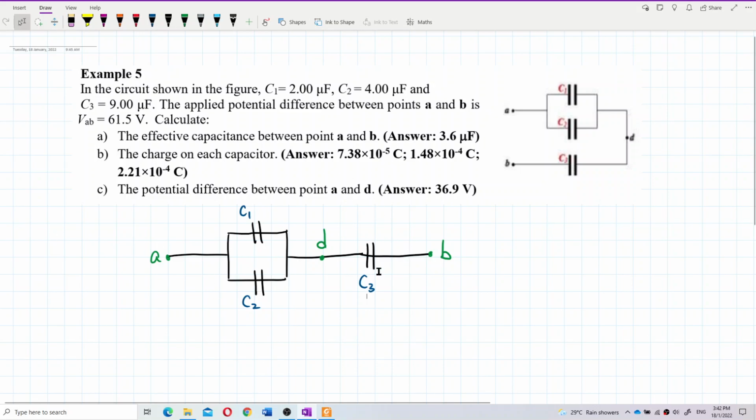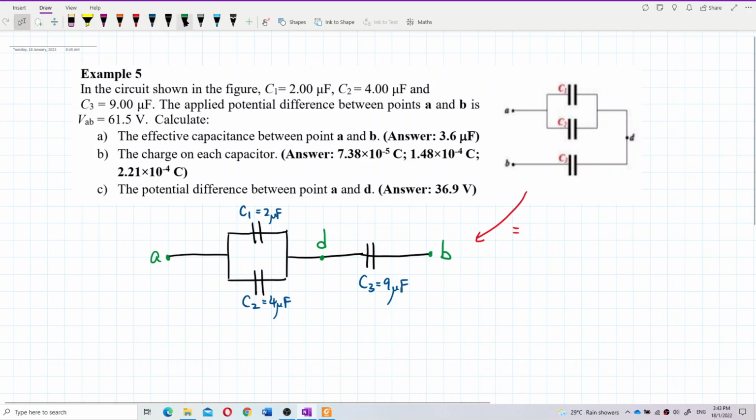So it's better you draw it like this. This whole thing is the same as this one. And then here I give you the values. I think it's better you just write them on the diagram itself. C1 is 2 microfarad, and then C2 is 4 microfarad. C3 is 9 microfarad. And then he gives you that the applied potential difference between A and B, VAB, is